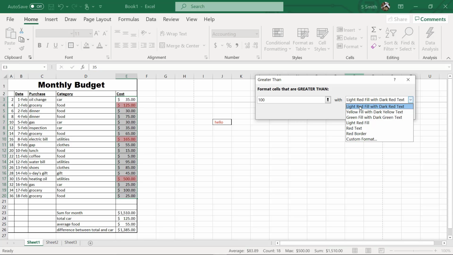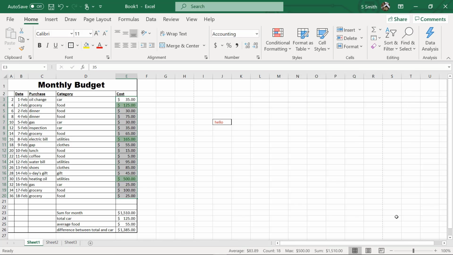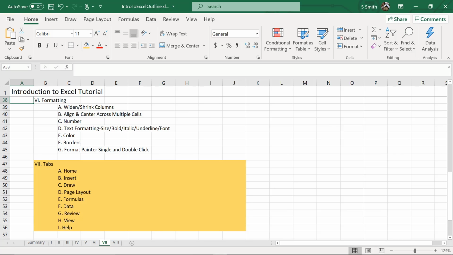The default right here was a light red fill with a dark red text. Or we could do yellow or green. Let's try the green one. So if I do green and I say OK, I've automatically highlighted all of the cells that have a number greater than 100. Now that is an introduction to some of the various tabs that are available to you.